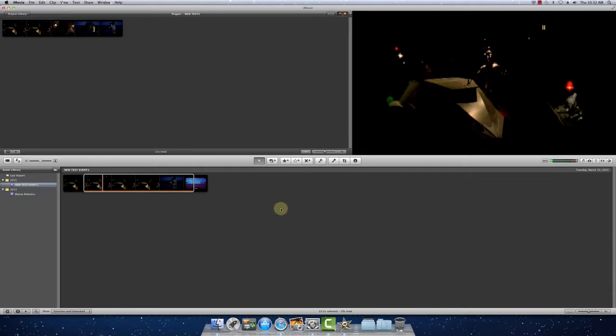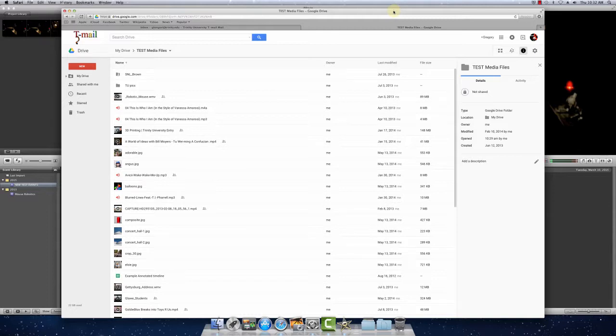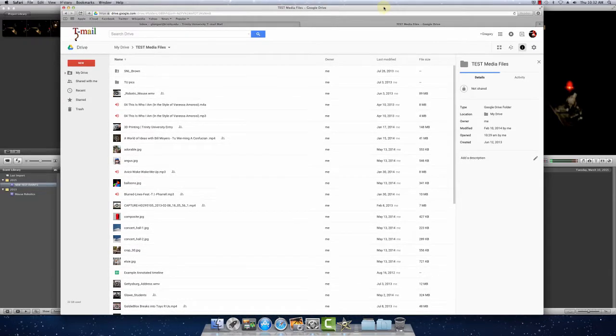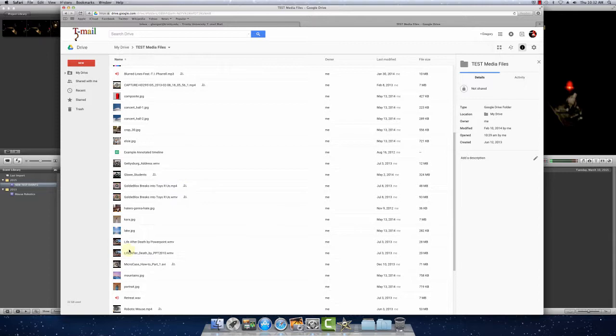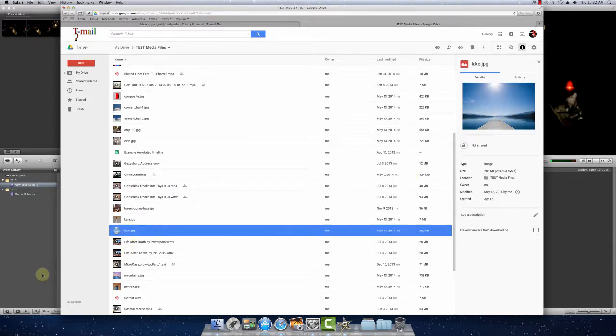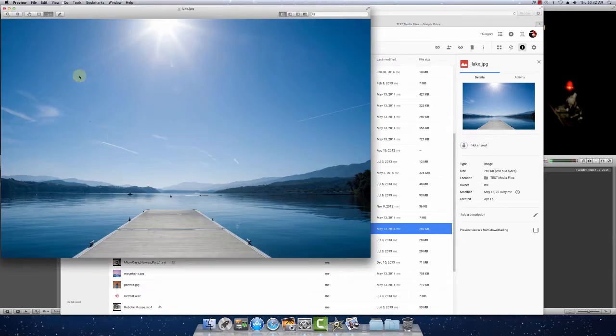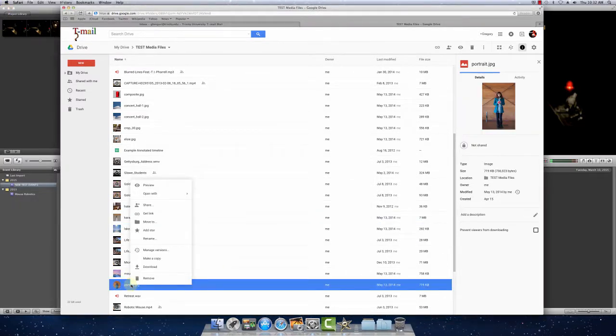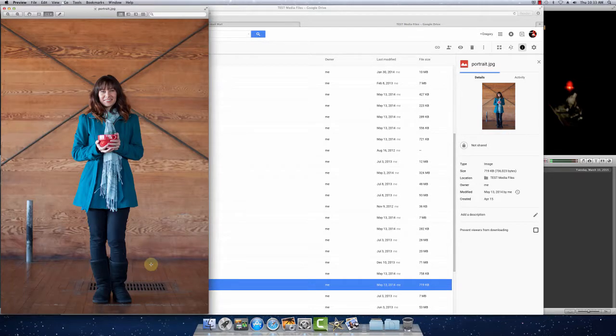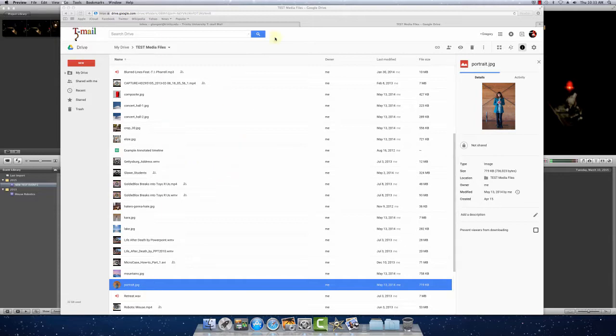So the next step we'll need to do is import images. I'm going to show you how to import images from Google Drive into iPhoto into iMovie. There's no easy way as far as drag and drop into iMovie, so you have to use iPhoto. So let's grab a couple images. I will right click on my image, click download, close the preview, get one more for you. Alright, so